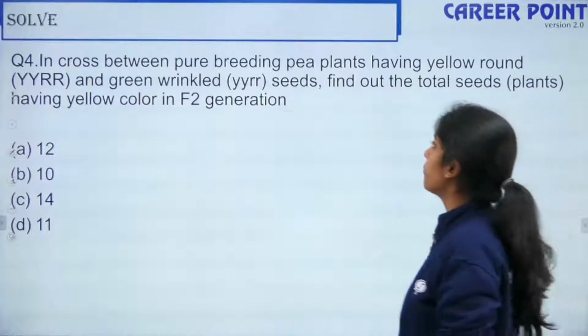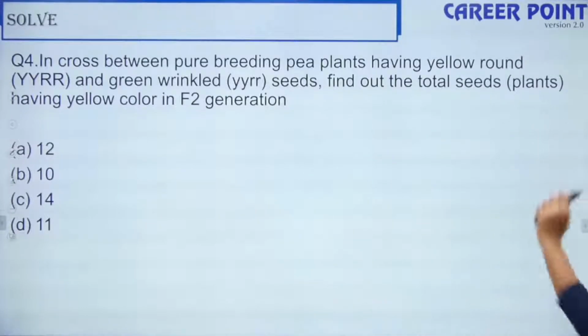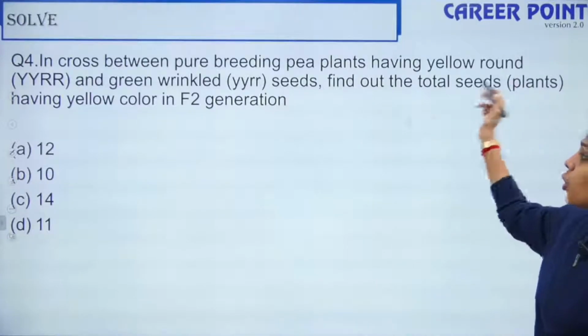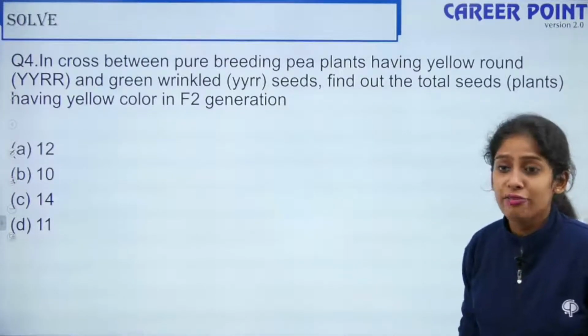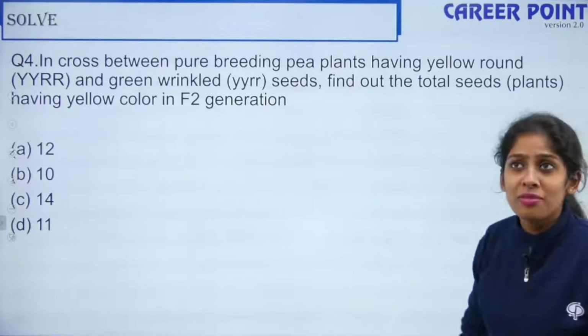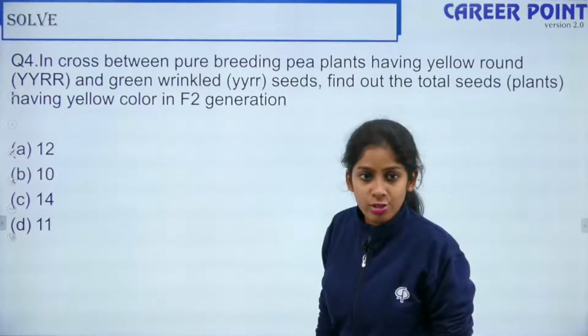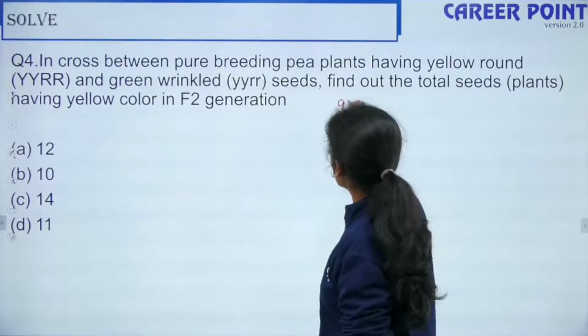So here we come to question 4. In a cross between pure breeding pea plants having yellow round and green wrinkled seeds, find out the total seeds having yellow color in the F2 generation. So yellow color is dominant here, right? This talks about two characters, so it's a dihybrid cross. So the phenotypic ratio is